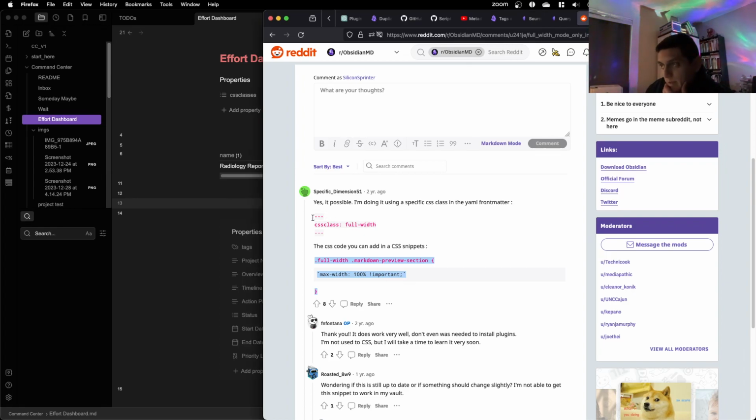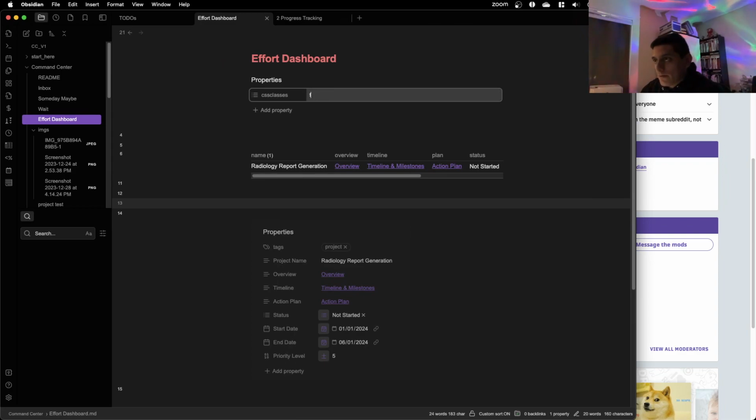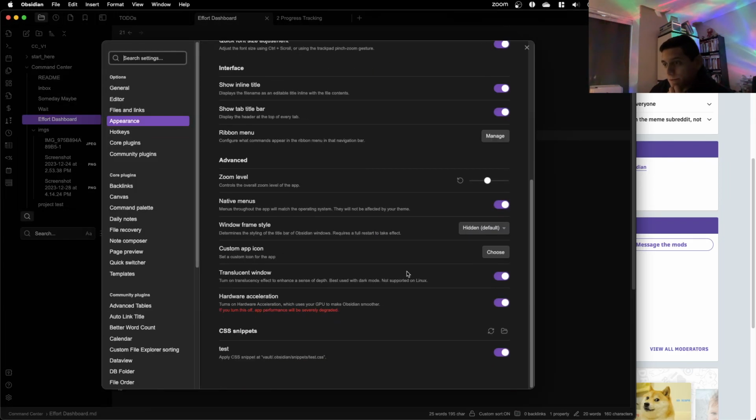Okay. And then full width class is full dash width. Full dash width. It did change, right? Yeah, it changed. So it was doing something previously. Now we just need to turn this on, refresh, turn back.